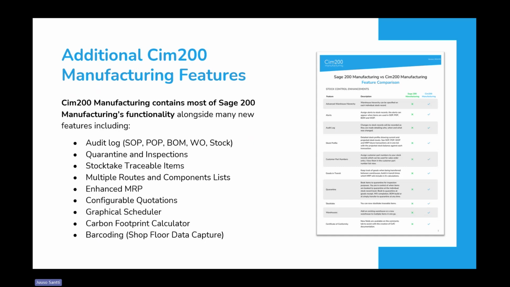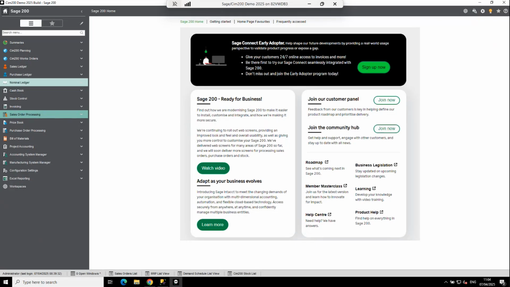But enough of me talking through the slides. Let's have a look at how Cim200 actually looks and feels. So hopefully you can now see standard Sage, familiar look. Cim200 sits within Sage 200 as a module, exactly the same way as Sage 200 Manufacturing. On the left-hand side, like I mentioned, we are enhancing the stock control, sales and purchase order processing,